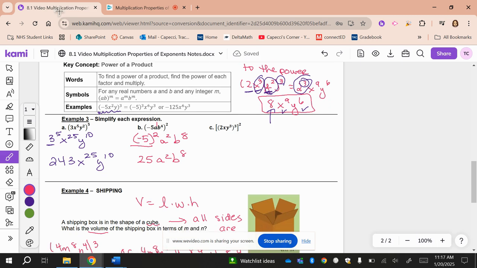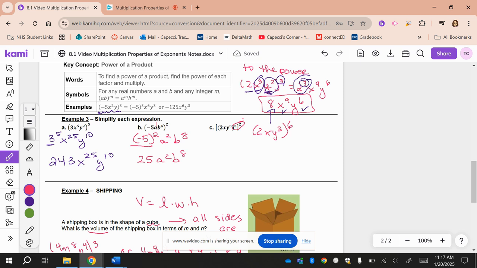We have lots of powers going on here. So I think the easiest thing is just to take our 2 powers and multiply them, right? Power to a power, we multiply. So 3 times 2 gives me 6. So I'm going to take 2x, y to the third, what's inside the parentheses, and I'm going to raise that